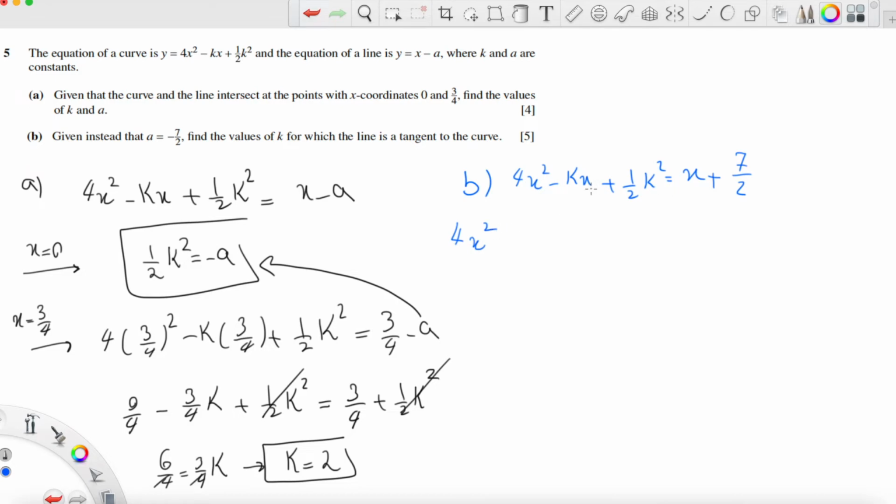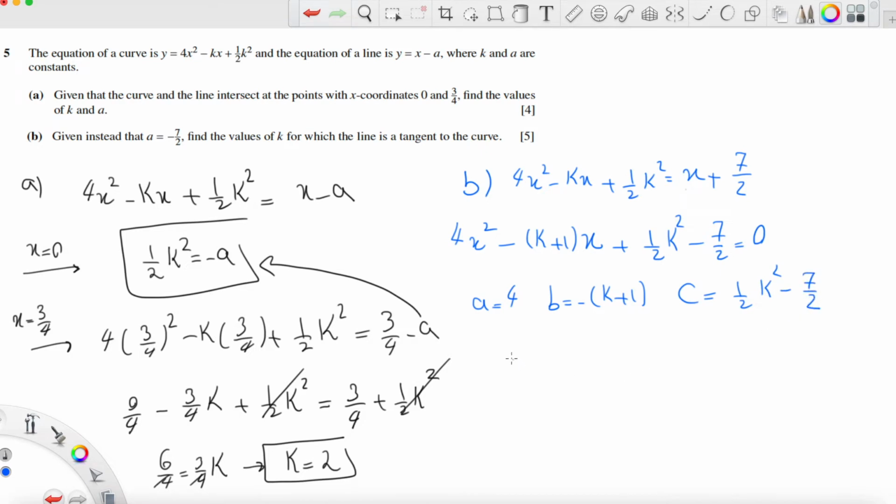squared. You have minus kx minus x, I factor minus (k plus 1)x, is equal to... sorry, I should transfer 7 over 2 to the left hand side. 1 over 2 k squared minus 7 over 2 is equal to 0. So a will be 4, b is minus (k plus 1), and c is half k squared minus 7 over